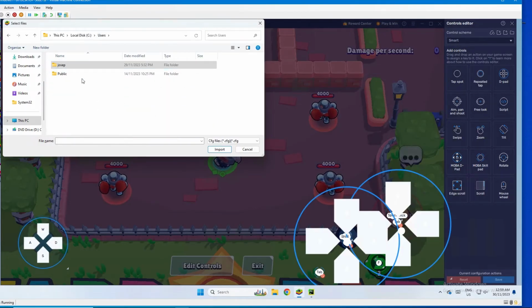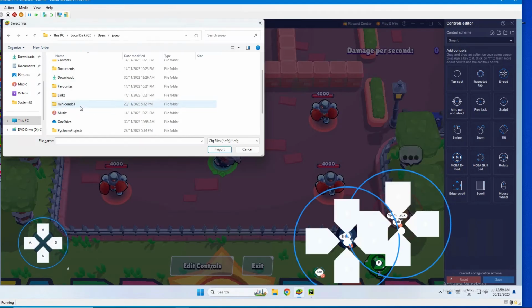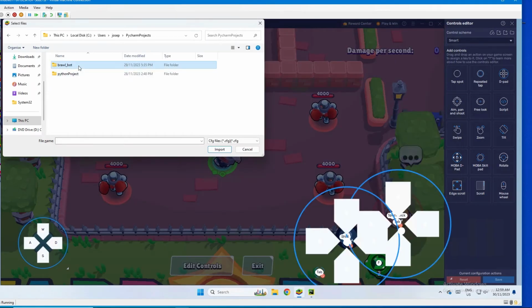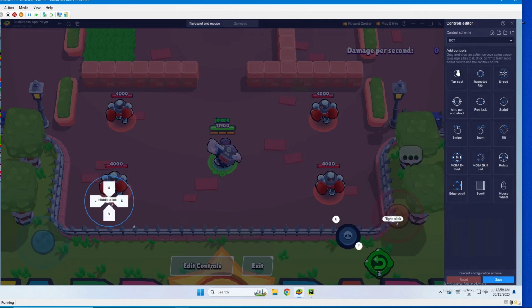So for me, it is user, Joseph, PycharmProjects, BrawlStarsBot, and go to the BrawlStarsBot folder and control folder, and we're gonna select the scheme. We're gonna import, select all, and select bot control scheme. I'm gonna save it and close out of the control editor,